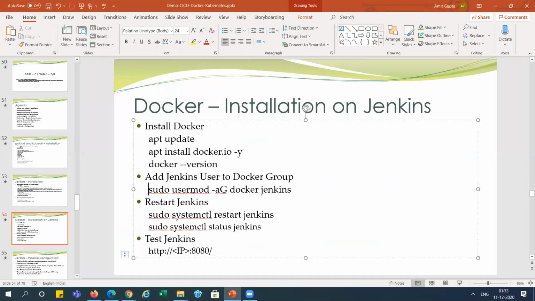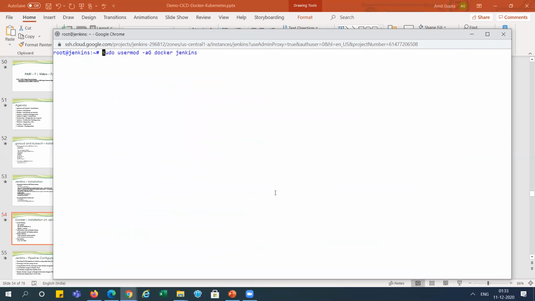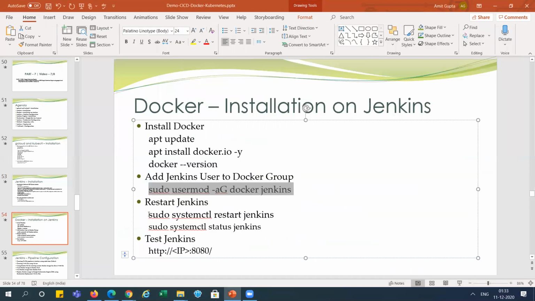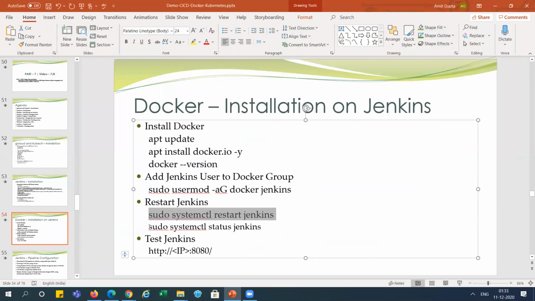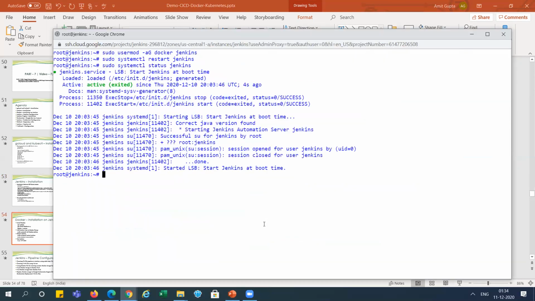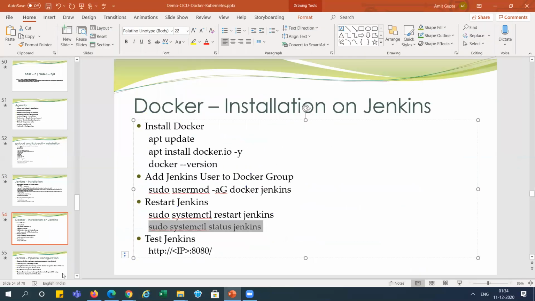Now we will add the Jenkins user to the Docker group, right? Now we restart Jenkins. Now we need to test it, right?